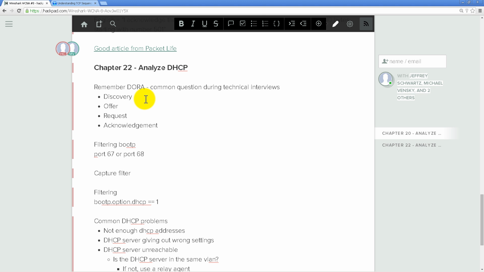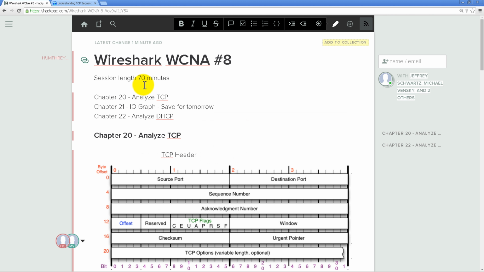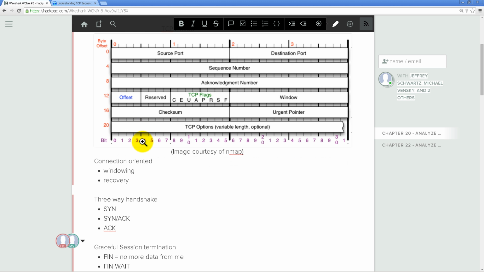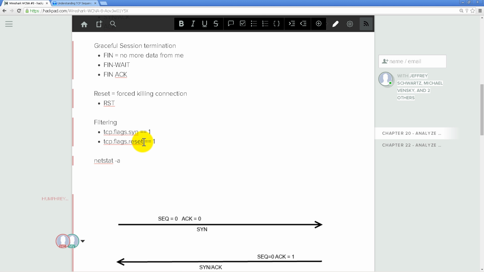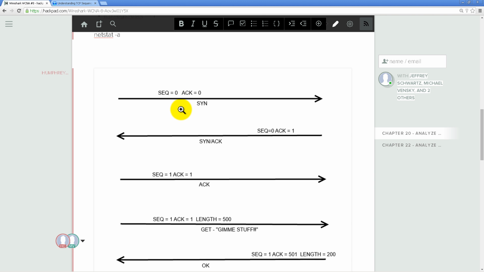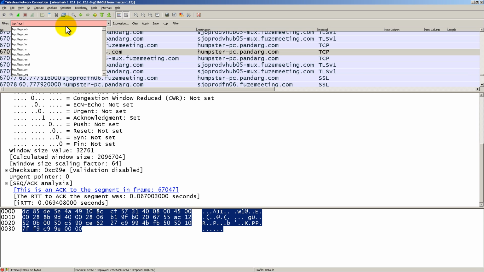All right. Okay. So that is it. Well, there's a lot more in chapter 20. Obviously, read up on it. But the main thing is understanding the SYN, SYN-ACK, ACK, understanding how sessions are terminated, and also understanding the sequence numbers. Now, if we go back to Wireshark, for TCP flags